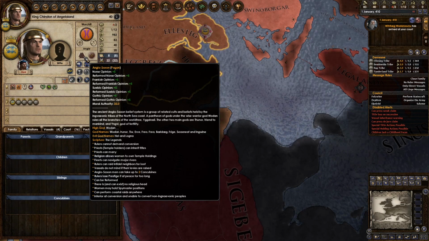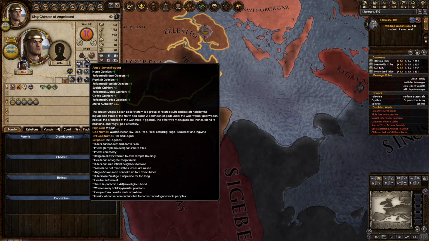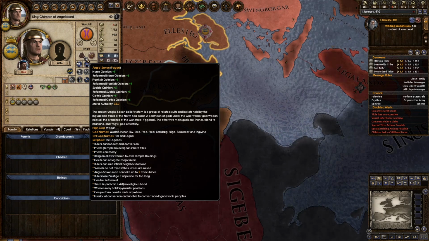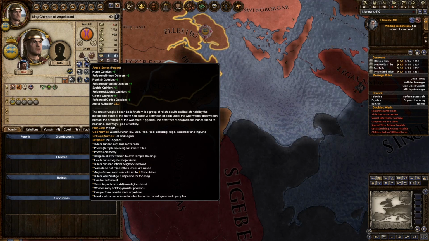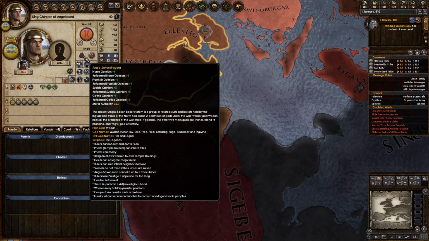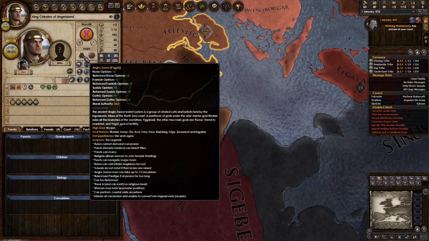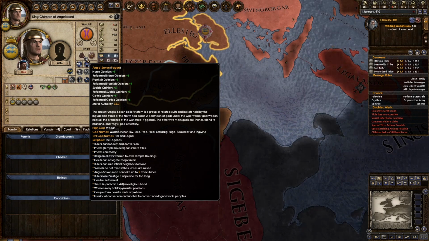Right, so you've got your standard Norse tribal base game CK2 ruling there. Women may hold spymaster positions, can perform coastal raids anywhere, and inferior conversion, and unable to convert to non-Ingvaeonic peoples. What does that mean? Unable to convert to non-Ingvaeonic peoples. Ingvaeonic being like North Sea. That's essentially what that means. Okay, unable to convert to non...